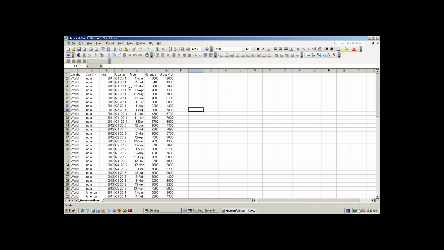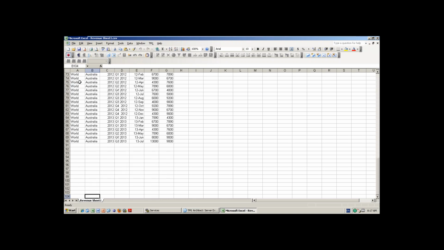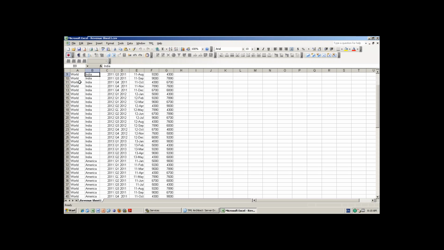Under world, this is the parent, right? Under world, you have Australia data, India data, okay? Australia and America and India.